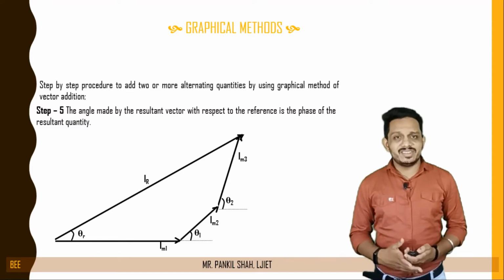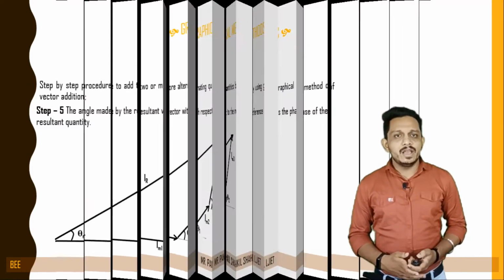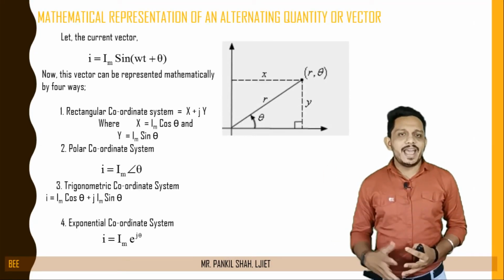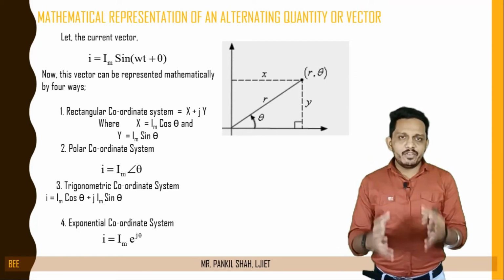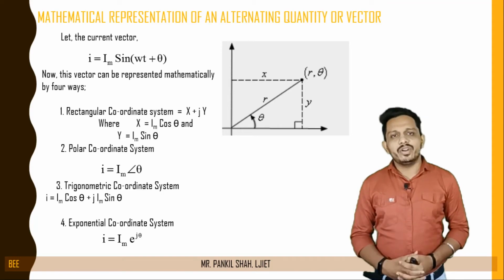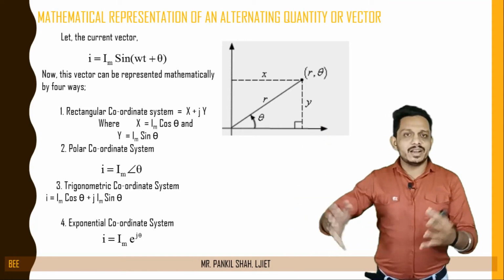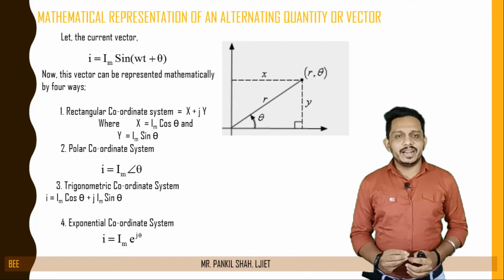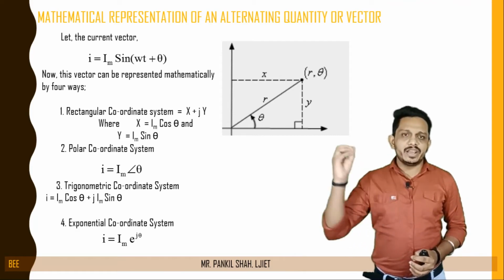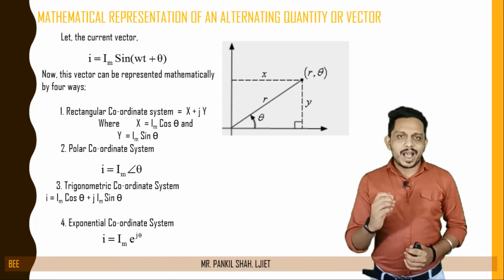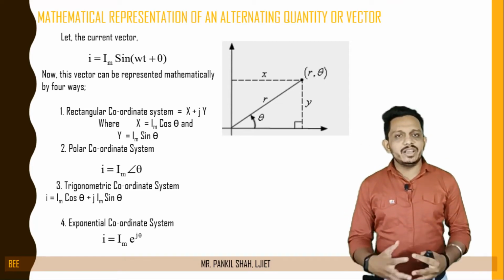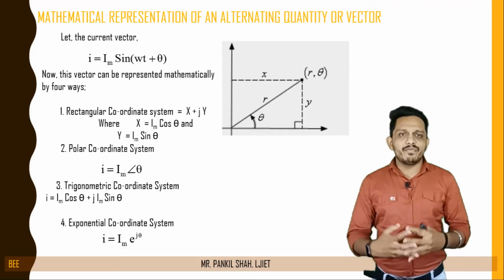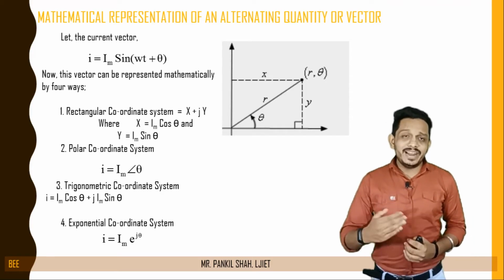But it is not quite easy to use the graphical method everywhere. So we are studying the second method, and the second method is the analytic method. But before going to the second method, let's understand different forms to represent your alternating quantity. So what are those different forms, shown here. Let's say, for example, we have taken some quantity as a current. So i = Im sin(ωt + θ) is the equation in the instantaneous form, and we want to define this instantaneous value in different forms.